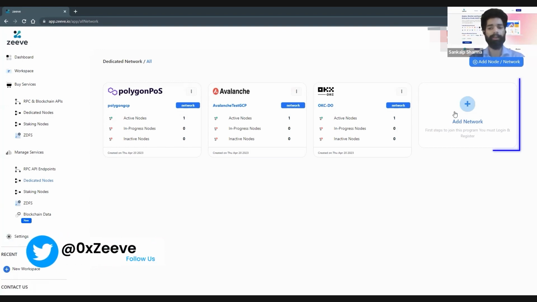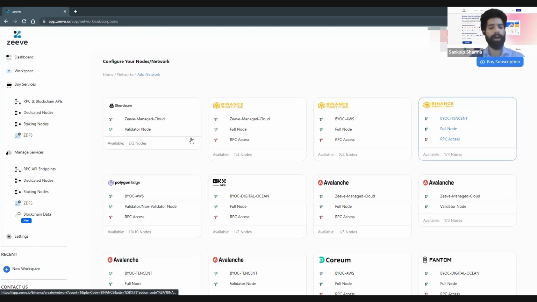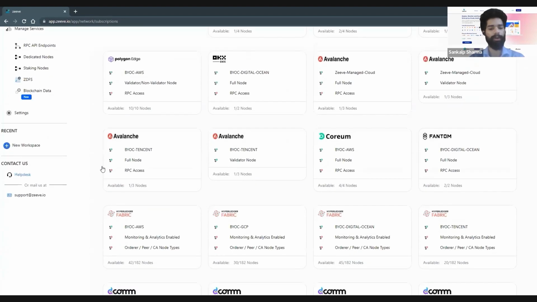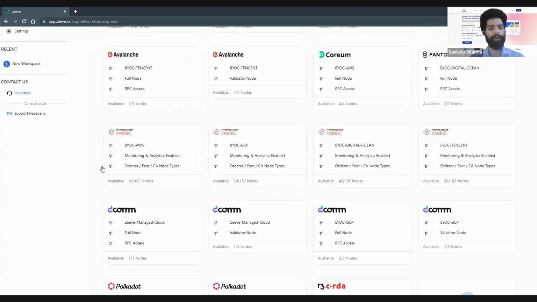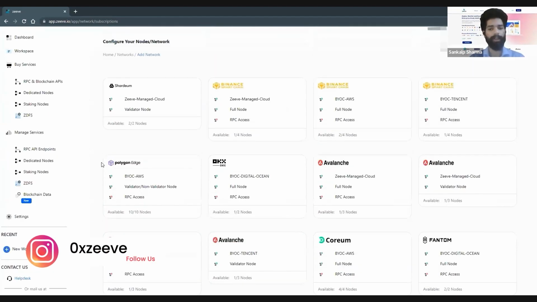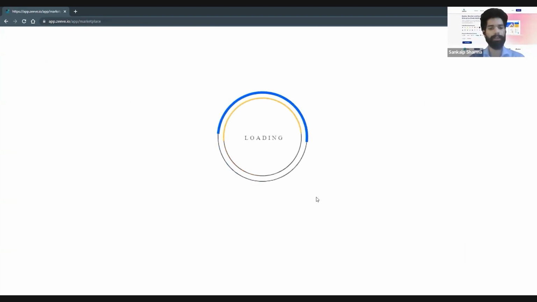If you go ahead and click on add network, you can start the whole process of setting up your nodes. When you click on add network, Zeeve will bring all the subscriptions that you have purchased so far onto this screen. You can see I've got quite a few subscriptions here, and I can select from them. Well, I don't have any Polygon, so that is something we can do by clicking on buy subscription. So let me click on buy subscription,